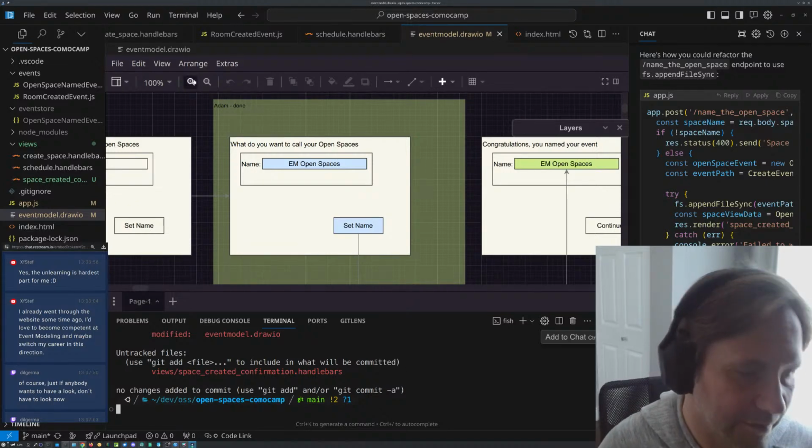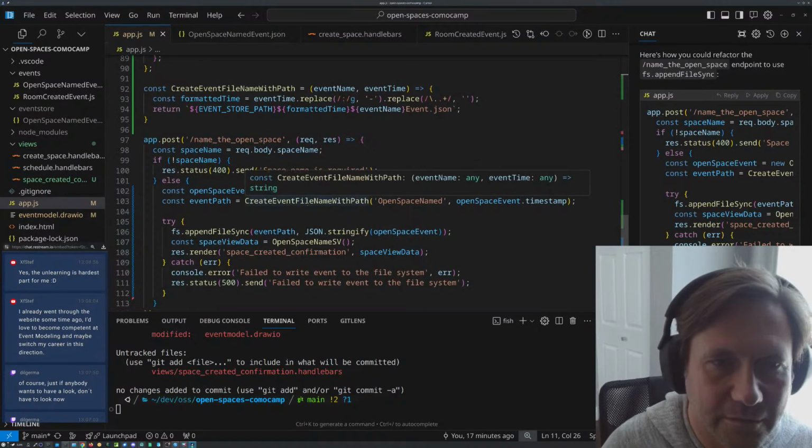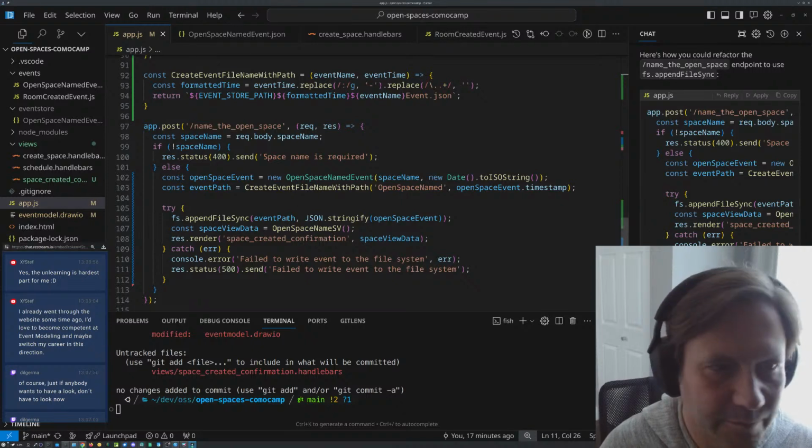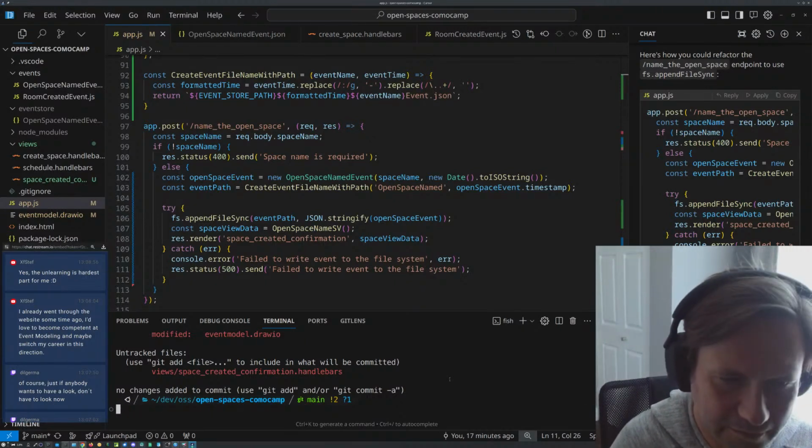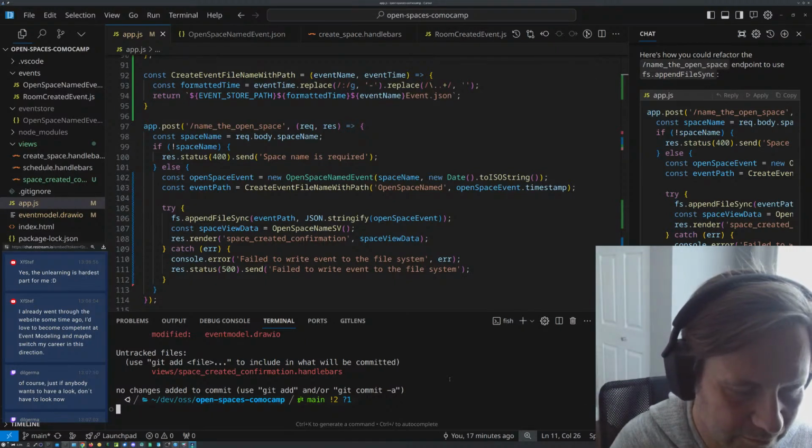And let's go back to the code. Did we do this? I think we applied it. Let's just run it. Heck, why not? Really? Why am I not able to node run this?